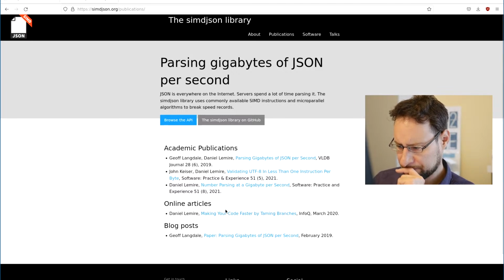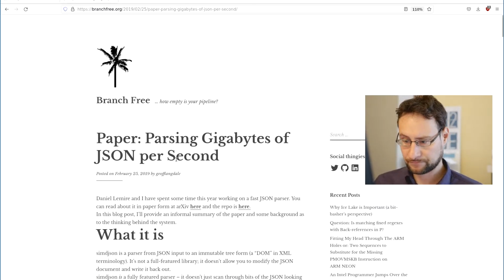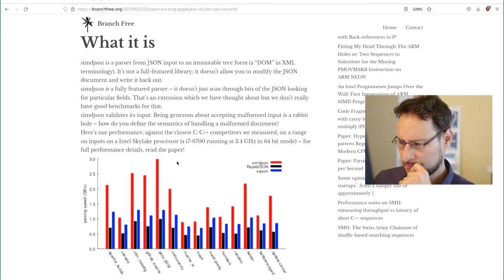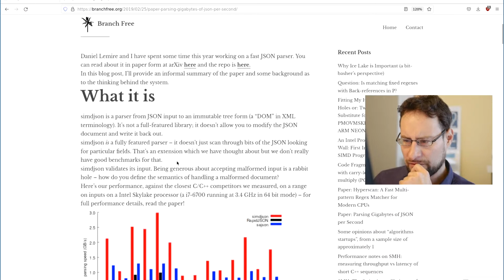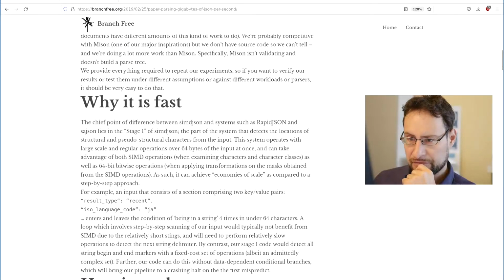Taming branches. Here's some 2019. What do we have there? It's probably an early version of that, I guess. Fast JSON parser. So why is it fast?